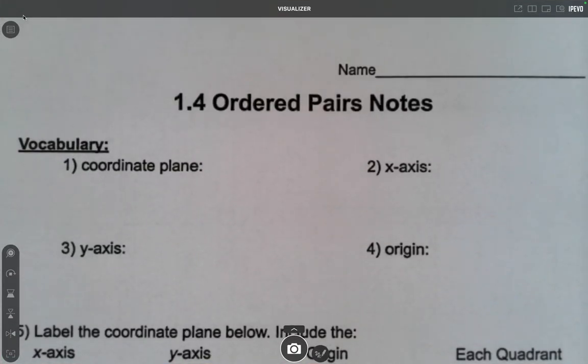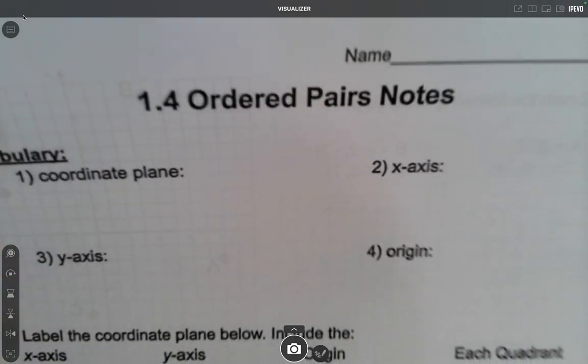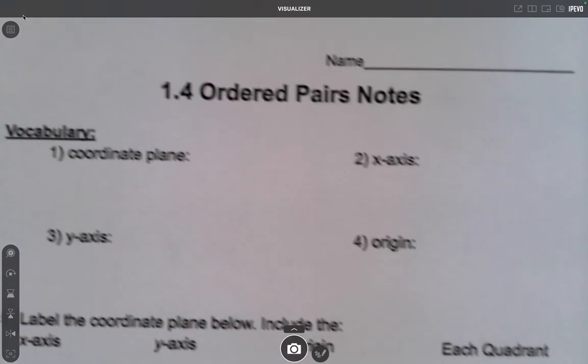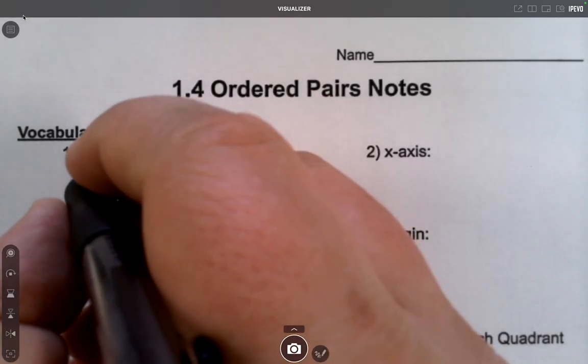Today we'll be talking about graphs, specifically ordered pairs. Those are how we can identify points on a graph. So a coordinate plane. I want to make sure we understand the words involved. First of all, visually, you've seen coordinate planes before. This is what they look like. That's a coordinate plane. But a coordinate plane is used